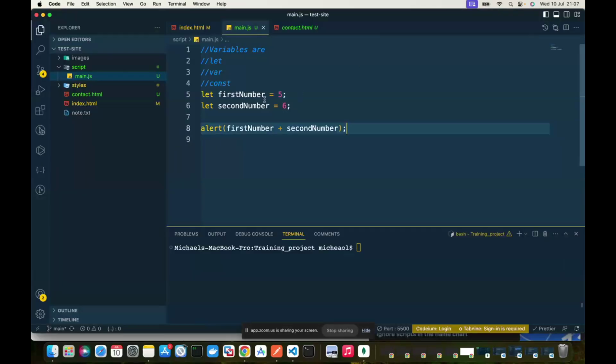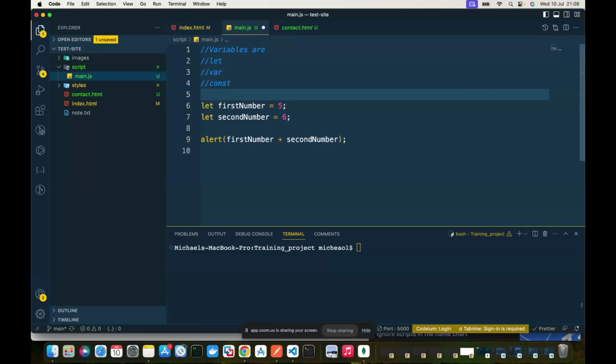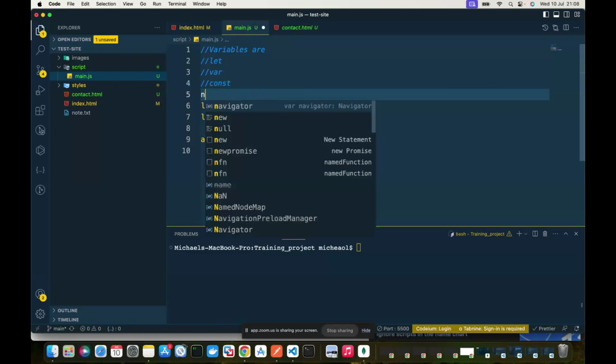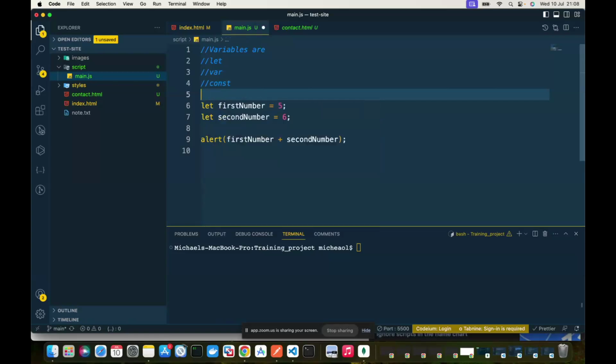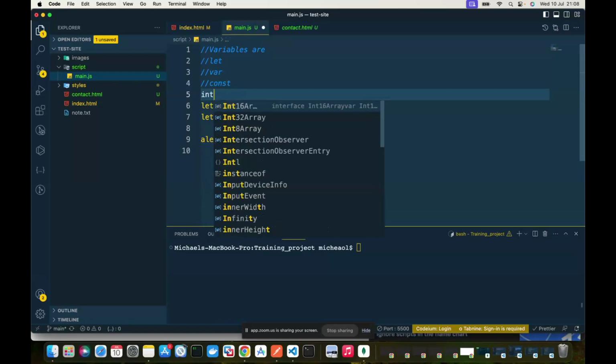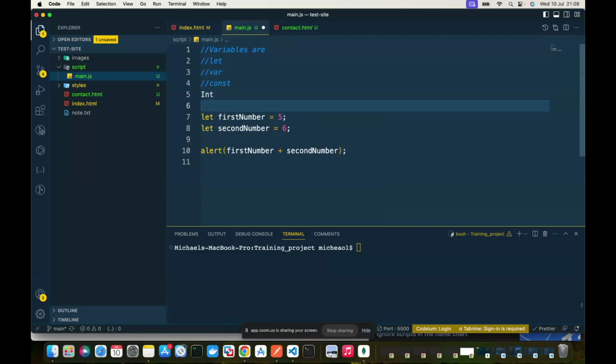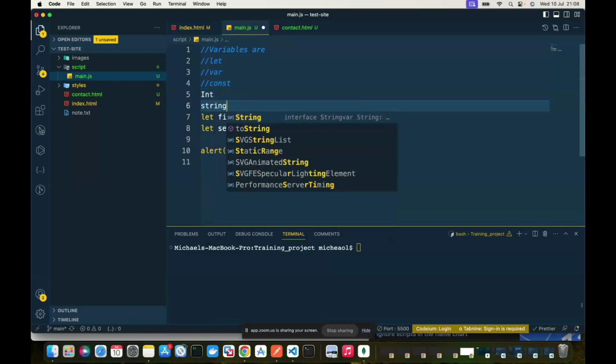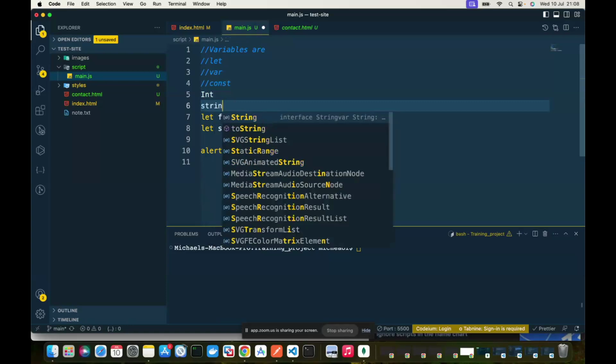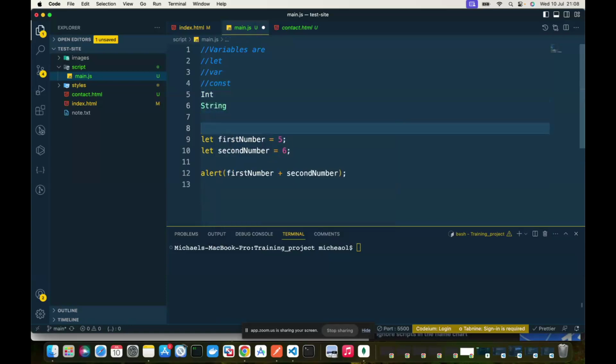Why? Now, this is called number type. There are types in JavaScript. You have number, or you can call it int, which is integer. Then you have string. I want us to stop at these two first, int and string.